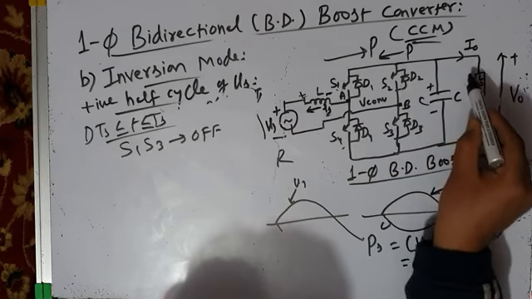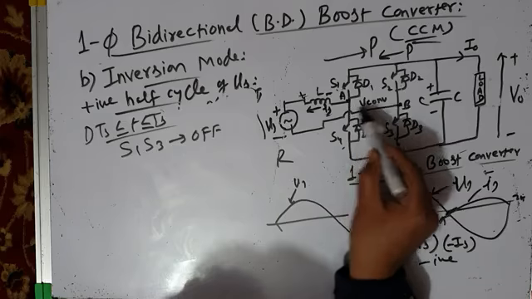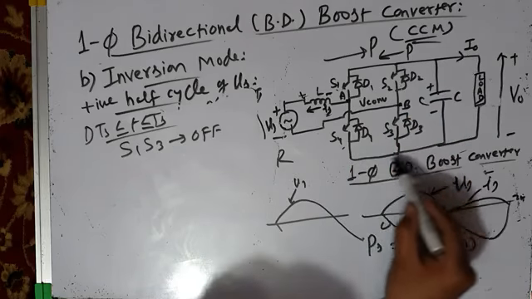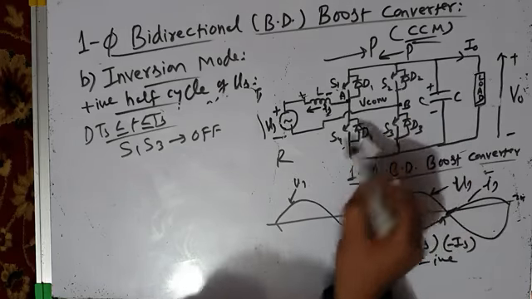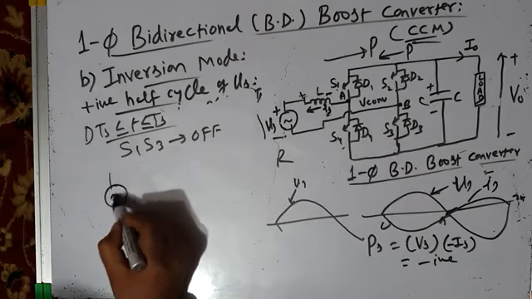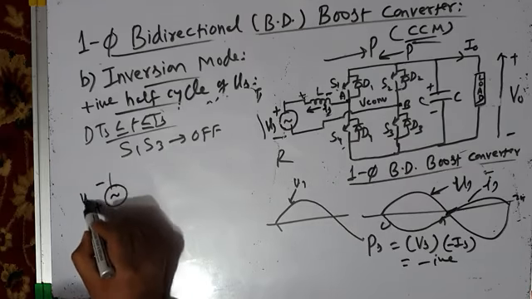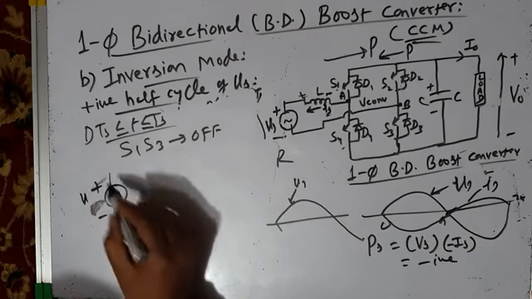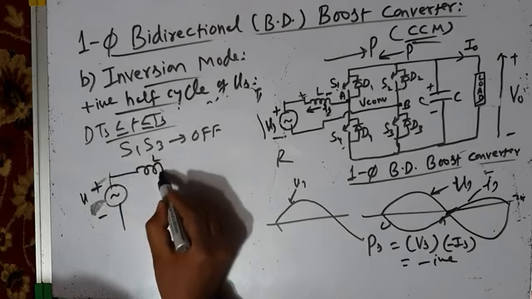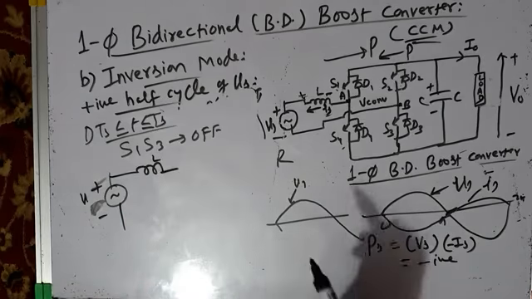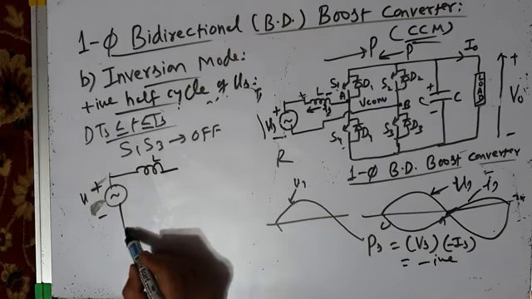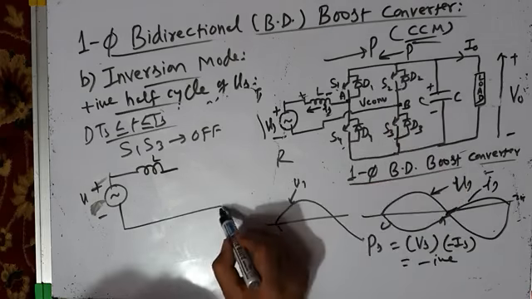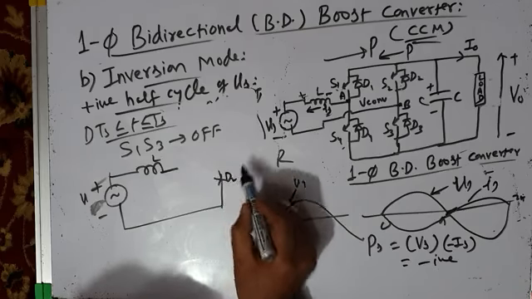Current will flow through D4, and then return through D2, and the return path will be provided by D4. So it is like this. Minus plus, source voltage positive, plus and minus. This is the inductor. The inductor is now releasing the energy. When it is releasing the energy, D2 will conduct. I can show you here, D2,